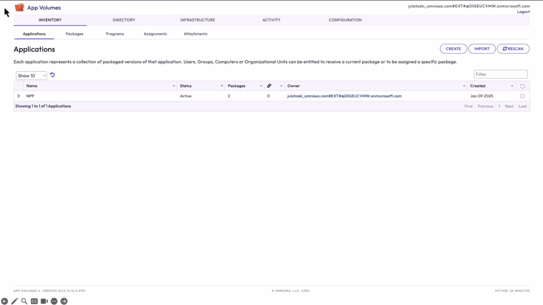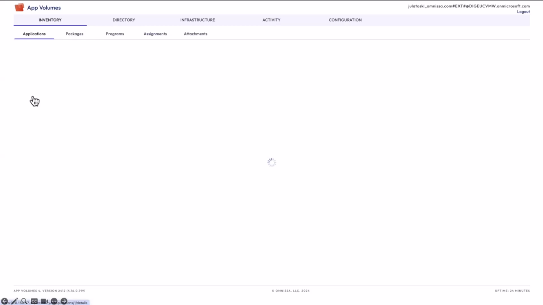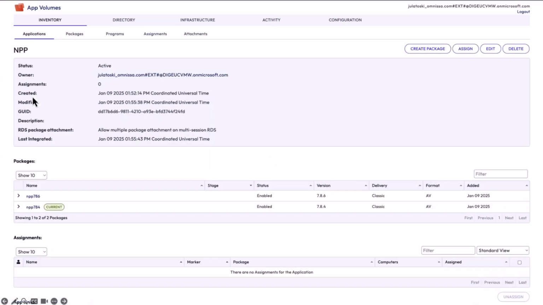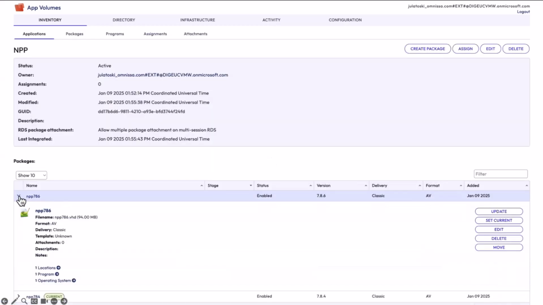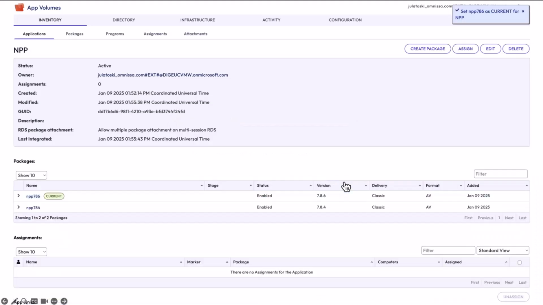So I'm going to do something pretty basic here, which is just move that current marker. I'm going to go back to the Notepad++ application, our favorite one, and move this current marker. It's as simple as clicking two buttons here, set current and then set current again. Boom, now 786 is live. And because apps on demand is real time, that will be instant. The way we've set up the integration is that it will continue to update the record with the metadata, but it does check in and make sure that it's got the right version right when the user launches that